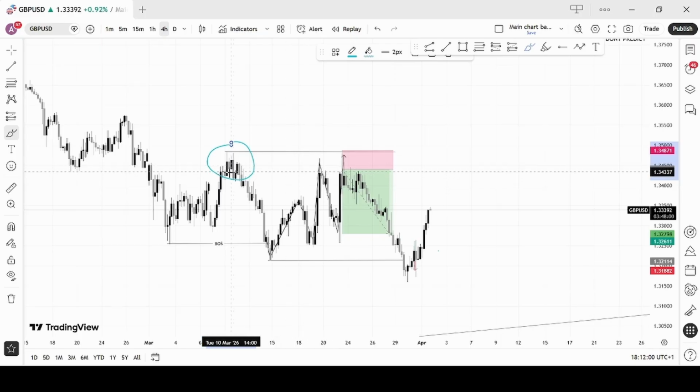And then what happens is that the market is going to come back, take them out, and a lot of liquidity is now going to enter the market. The big boys, the banks, the institutions are going to enter the market, and then it's going to eventually push the market downside. So that was the reason why I didn't enter at the first mitigation,